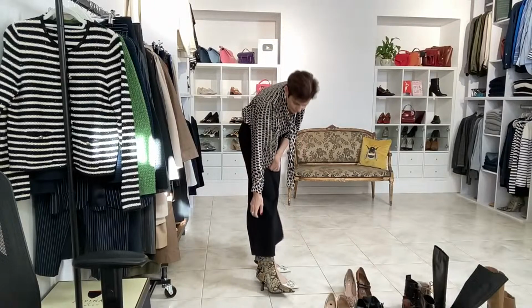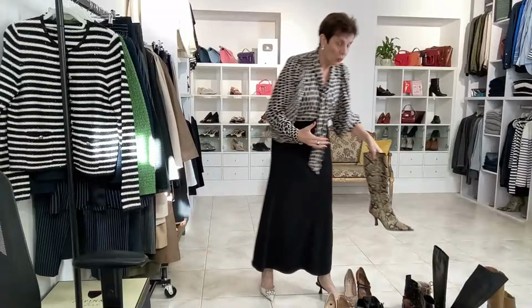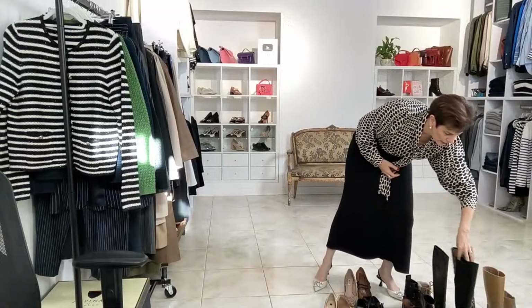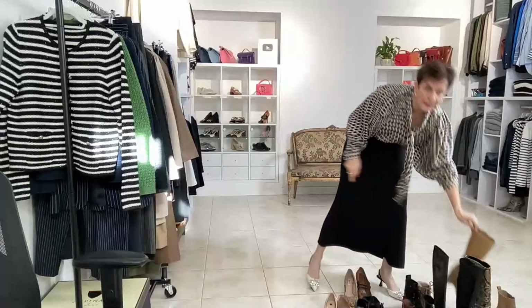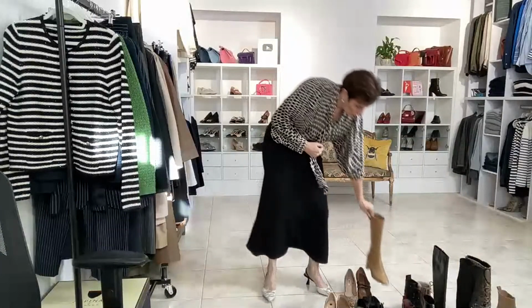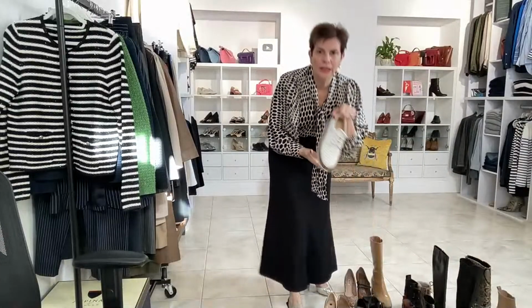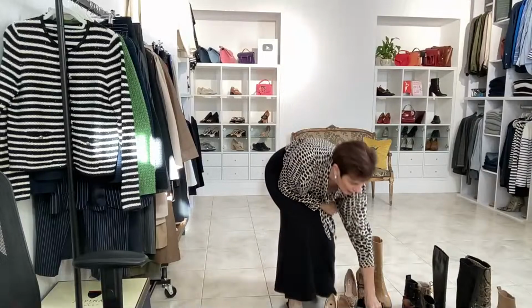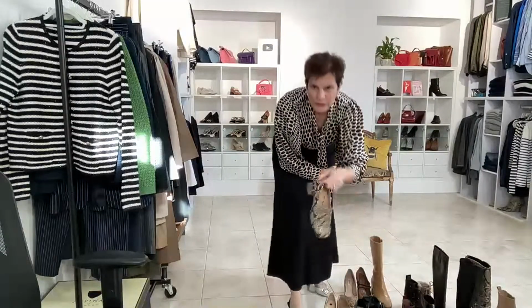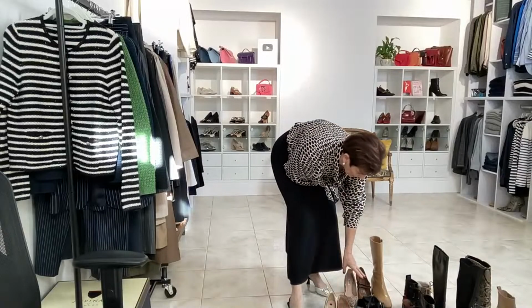Yeah. I think it would have a fantastic effect also with shorter trousers or long trousers, but it's nice to show it a bit. What else? I could have worn these, because with a dress like this, if you wear something flat with a round toe, something like this, flat, these, or even these, something like that,